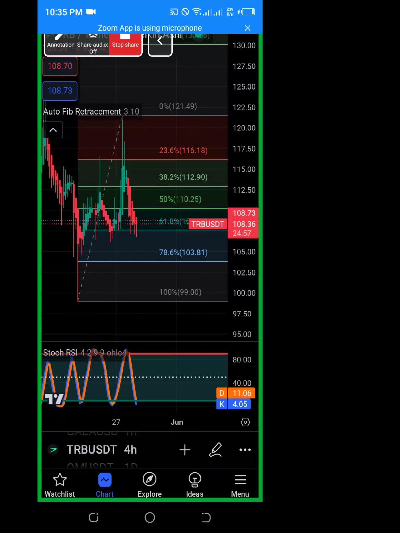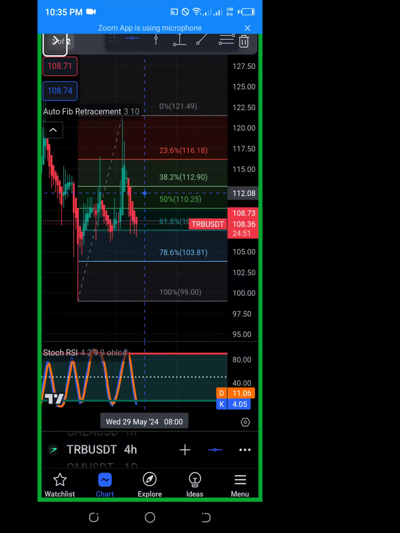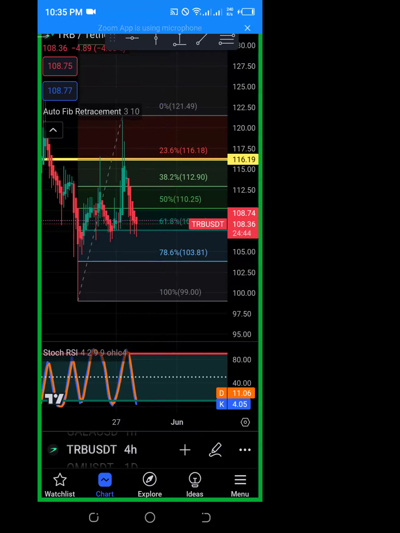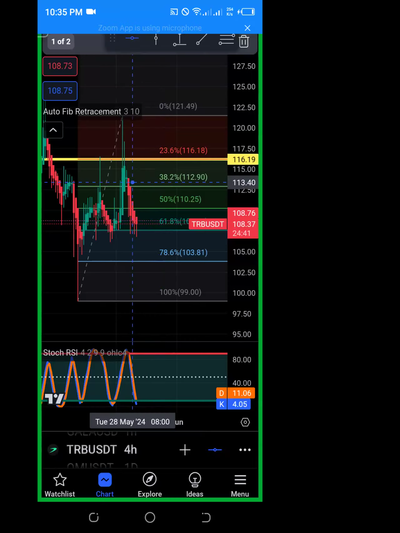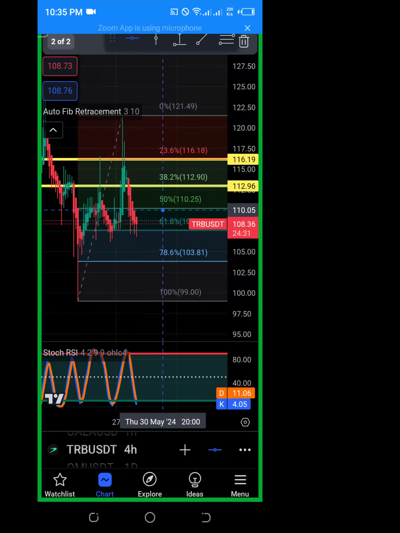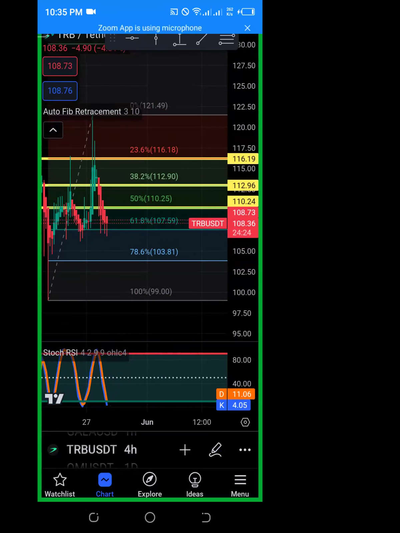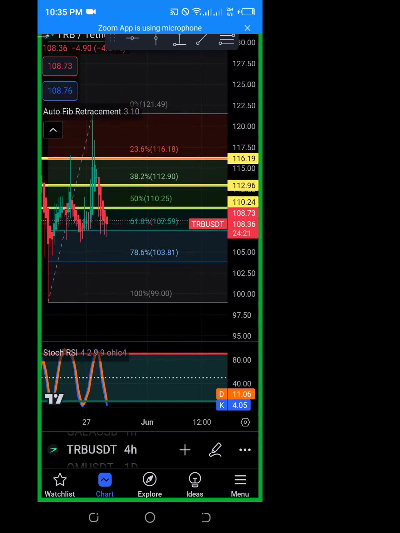Another thing, look at these three lines. I want you to mark 23.6%, that line. We have put a yellow. And we have also this one, 38. We have also this one, 50. Are you seeing those lines? You can write them somewhere. Those three lines.